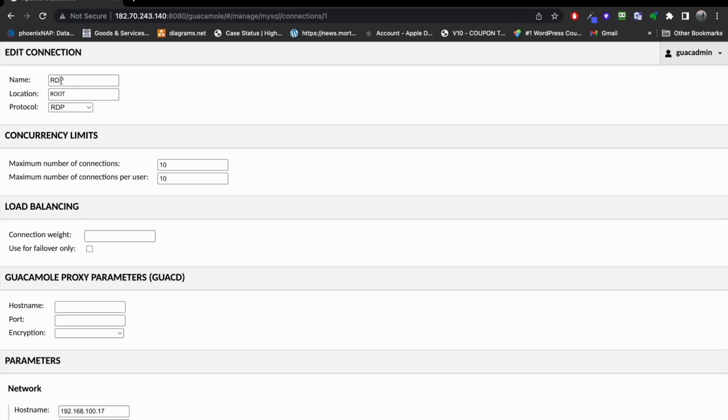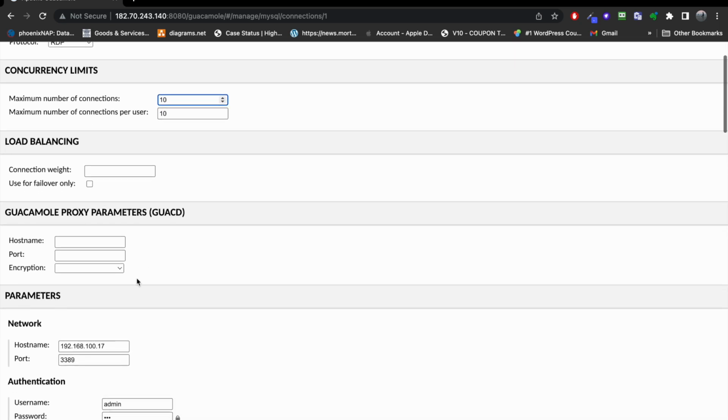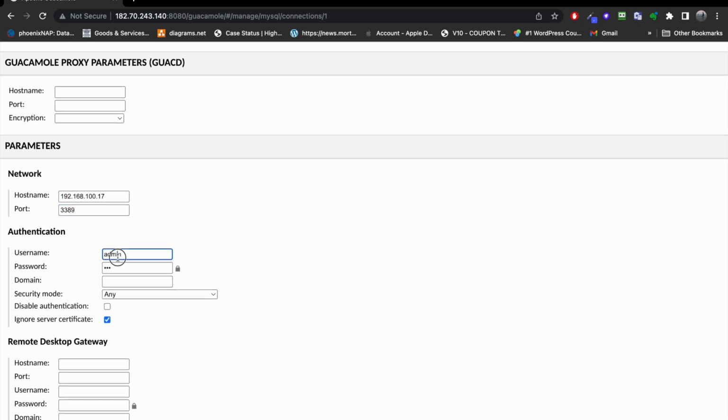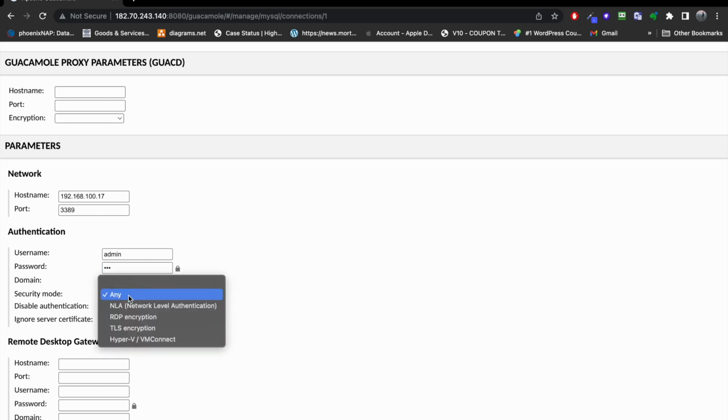So we can put any name here. Then we need to select the protocol, which is RDP, and after that we need to set up the concurrency limits, like maximum number of connections, like 10. If you have remote desktop for multiple users, we can set it up accordingly here. And in the parameters, we need to define the hostname. It should be a DNS name or the public IP, and the port number, the username and the password. And we need to select the security mode to be any,